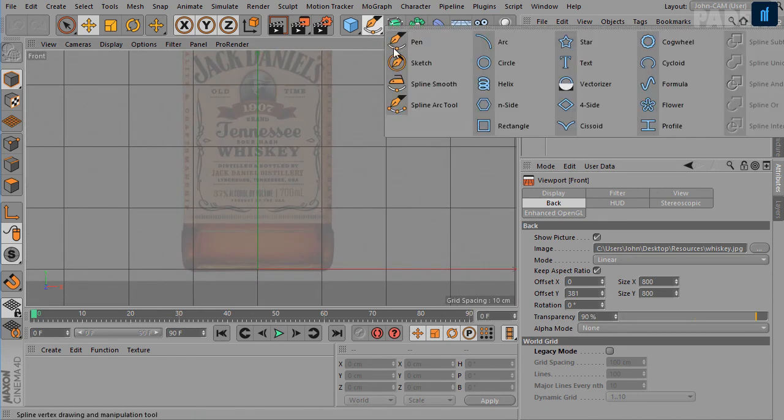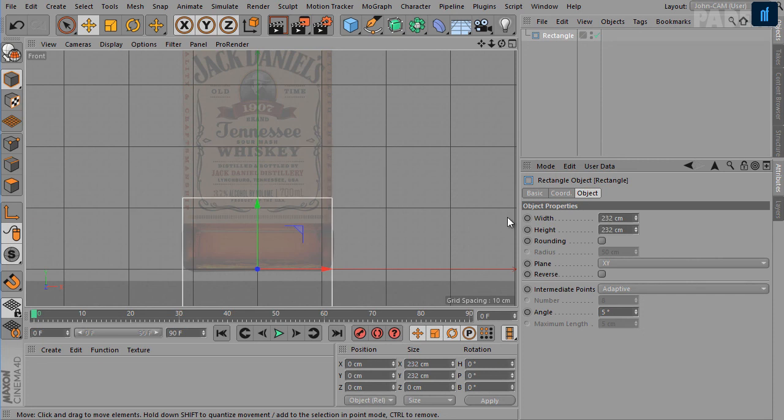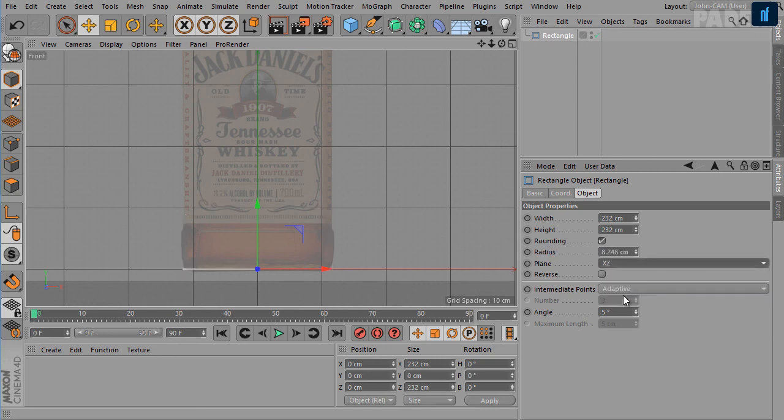Okay, now we need to create a rectangle spline. Set width and height to 232 each. Select the rounding checkbox and set radius to 8.248 and set plane to XZ.